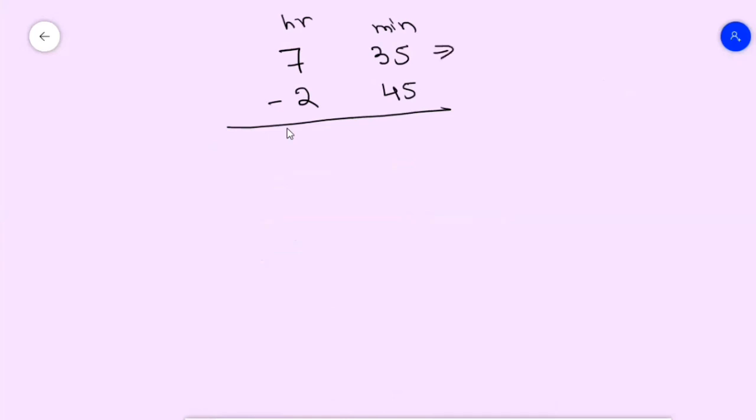So what you will do that time, you convert this part. How you will convert? From 7 hour, take 1 hour. So 7 hour, if you take 1 hour, this will become 6 hour. And you are giving this 1 hour to minute. So 1 hour means 60 minutes. Correct? Now when we are giving this 1 hour, it is going here. That will become 60 plus 35.